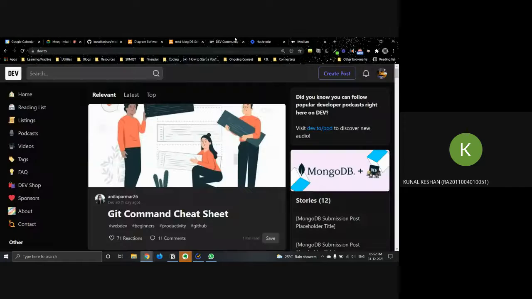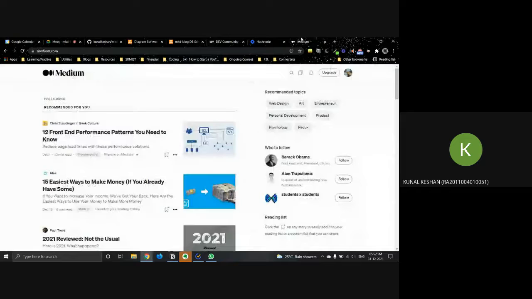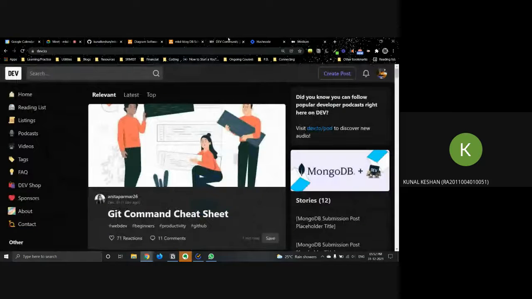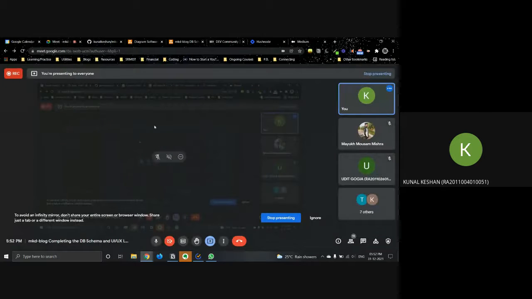So I was thinking we will take parts of all these three websites, combine them, and use that for our UI. What do you guys think?